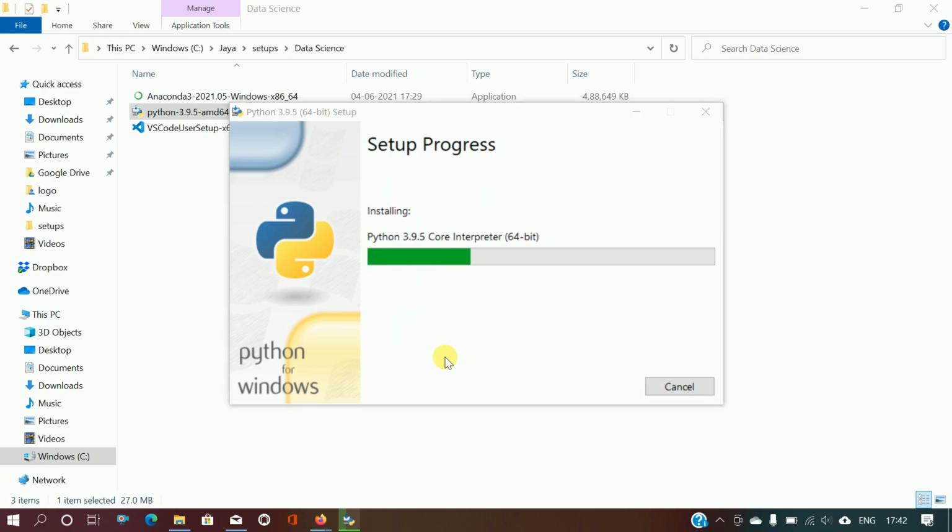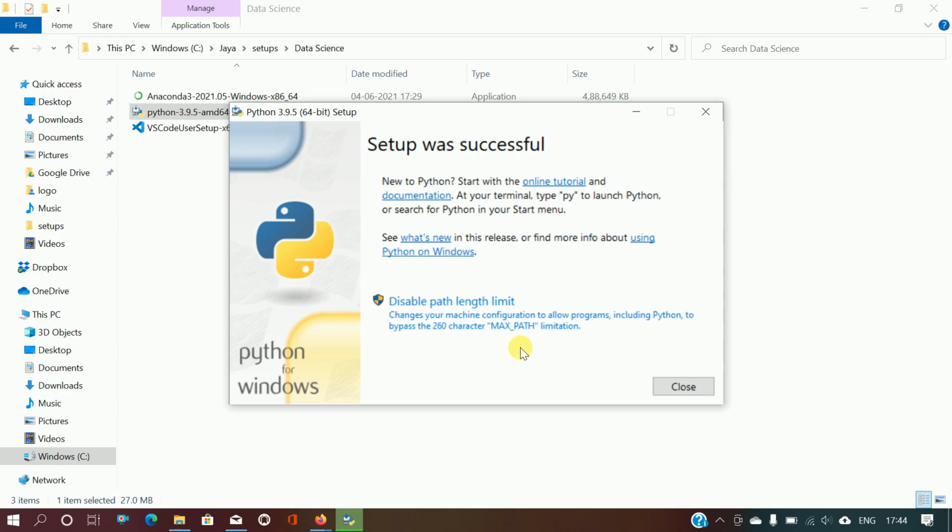So it will install Python 3.9 interpreter in our system. It will take some time. Now, setup is successful. Let's close this.